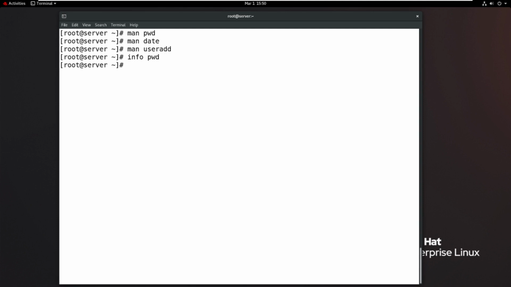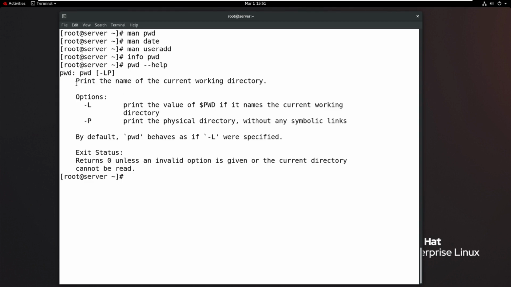And one more option is there: the command name first, for example pwd, then space hyphen hyphen help. It is the help of the given command, then enter. Now see, print name of the current working directory. So overall, what are the help options?